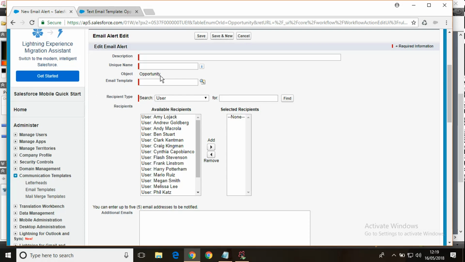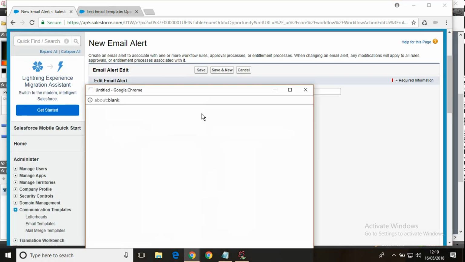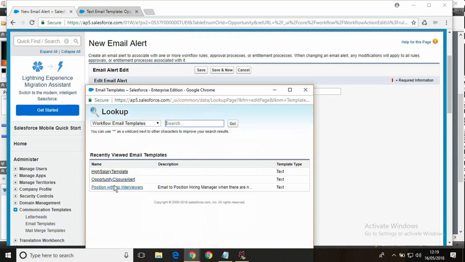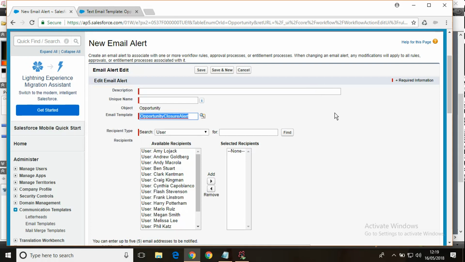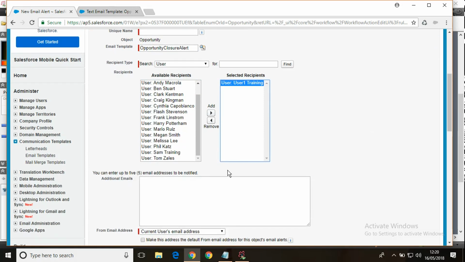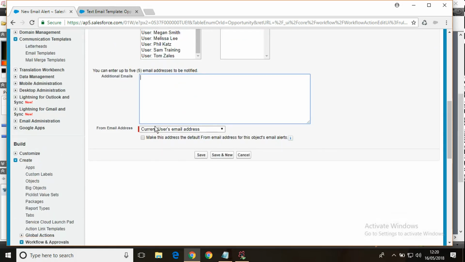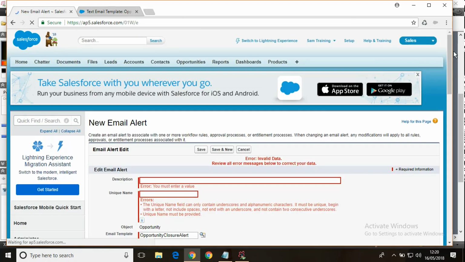So come back, and maybe here you need to have the template available. Opportunity closure alert, this template available. So search user. So user 1, suppose I will send the mail to user 1. That's fine. Additional email I don't require. Current user's email address, I am okay with that. Save that.